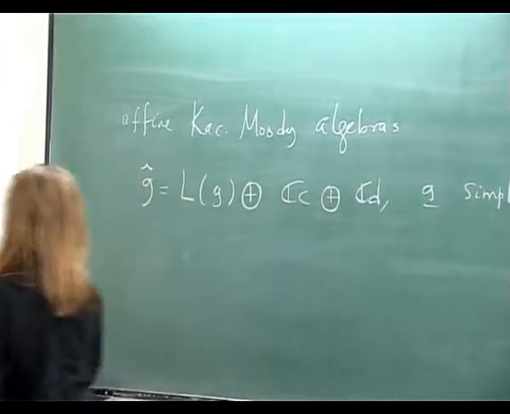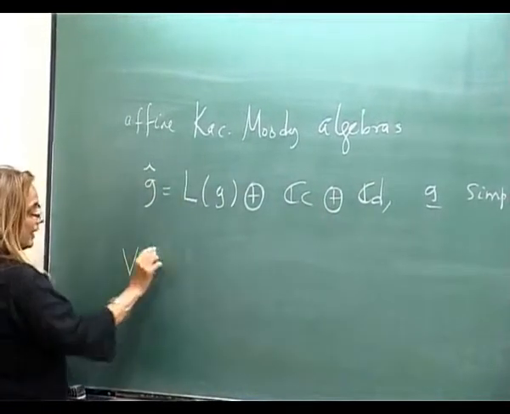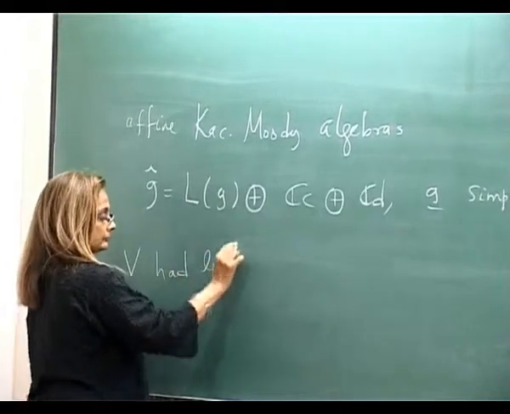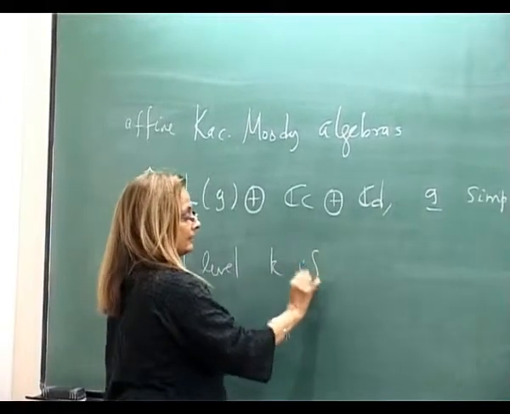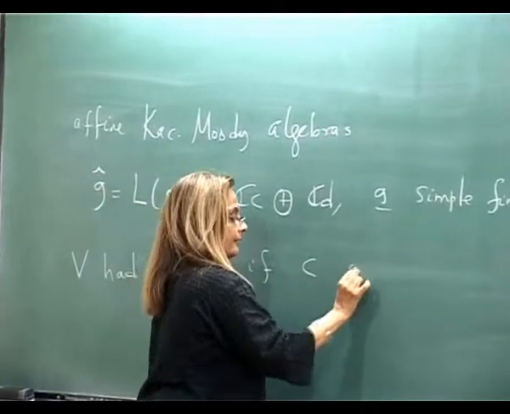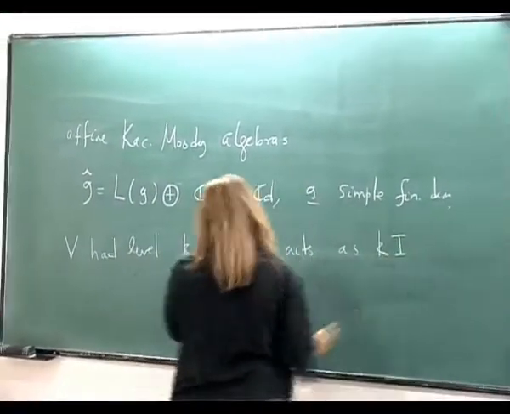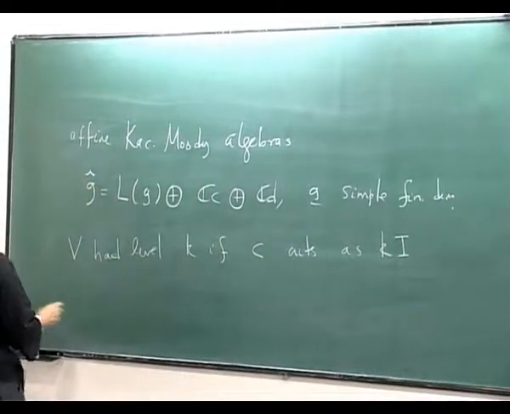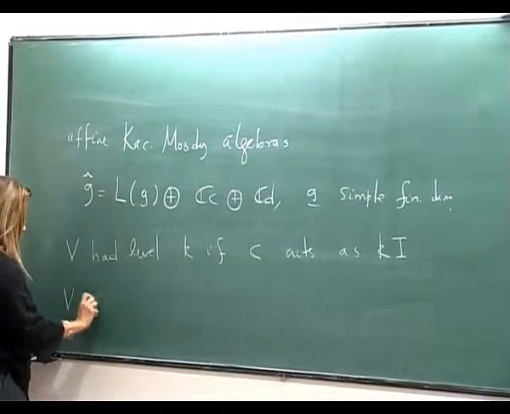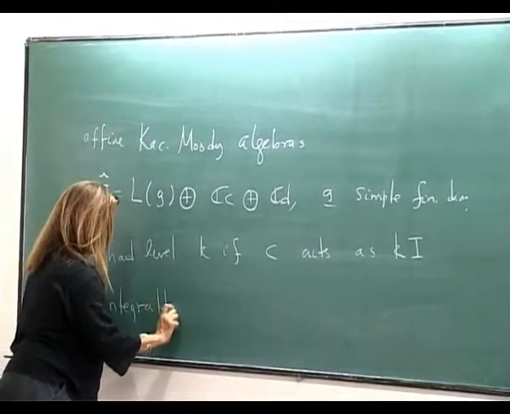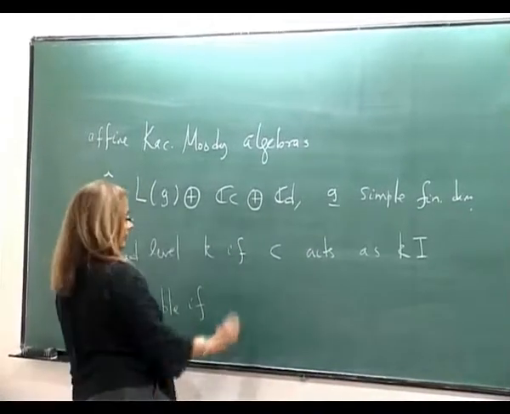So we had two notions. One was we said V had level K. A representation V had level K if the center acts as K times the identity. And we also had the notion of an integrable representation. So V is integrable if the elements